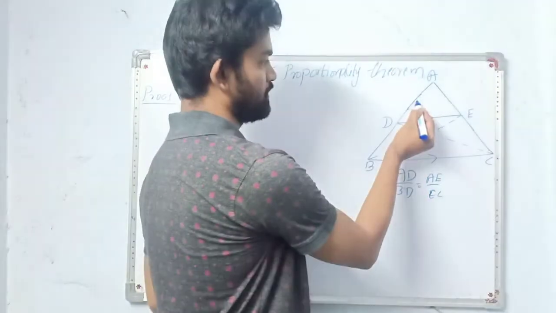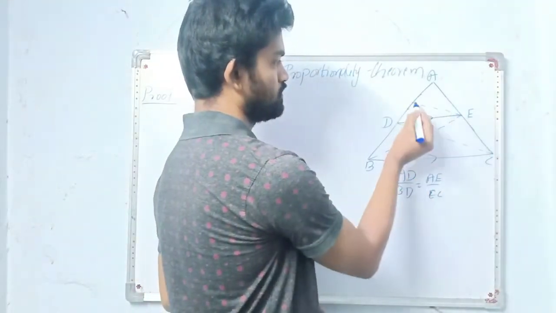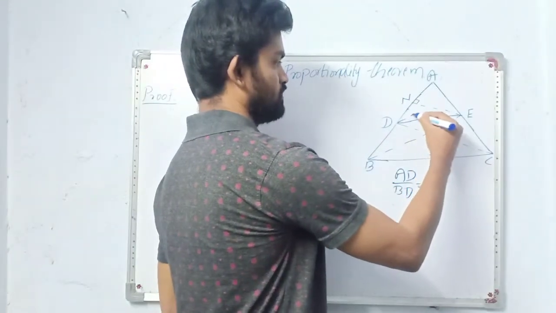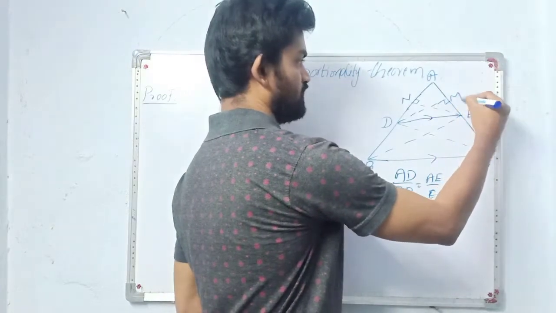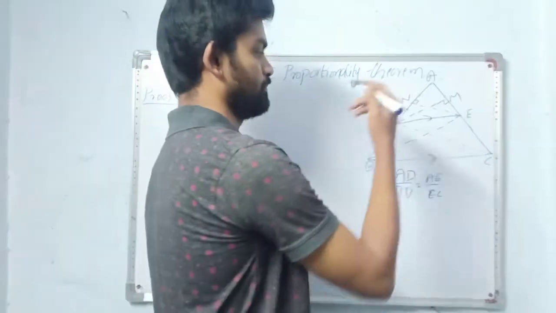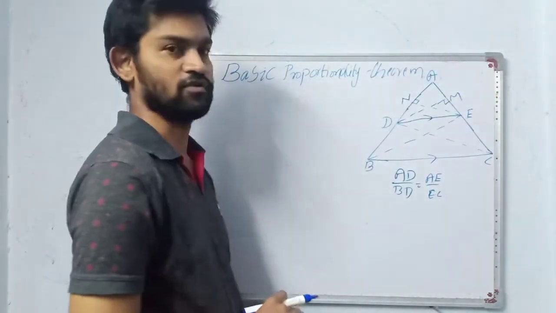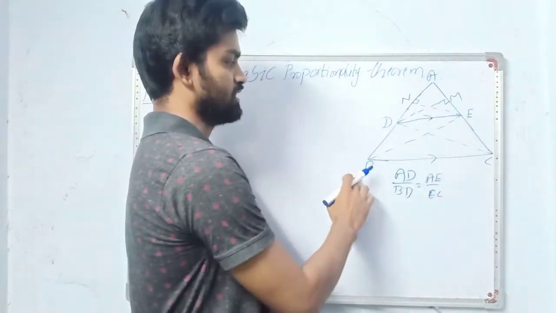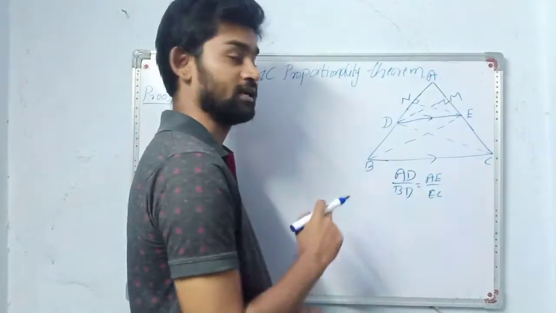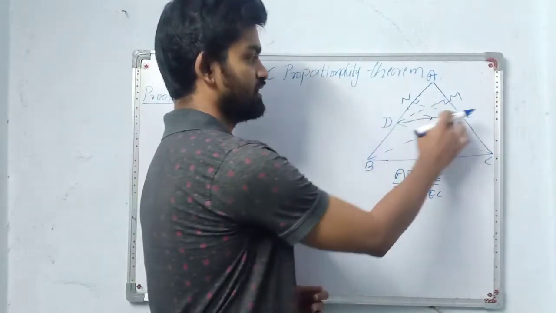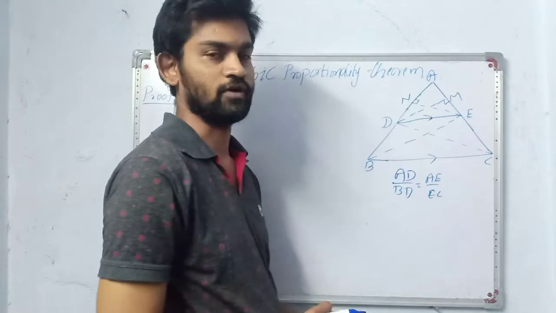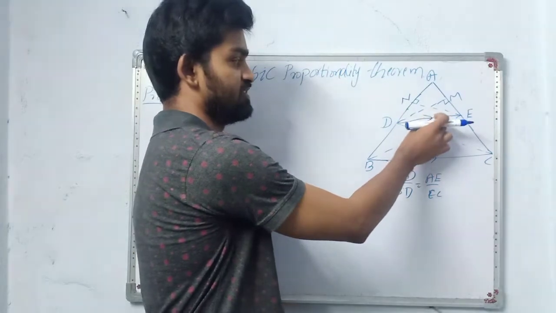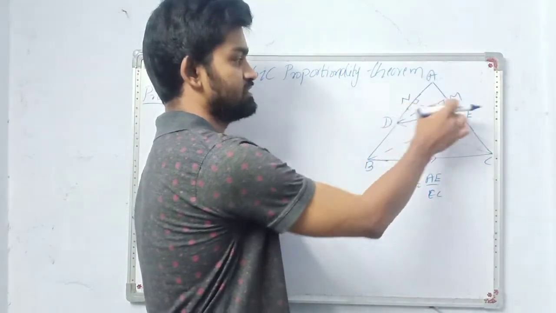Join. Draw two perpendiculars. Name it as N. Draw one more perpendicular. Name it as M. See here now, how many triangles are formed. Taking DE as base, triangle BDE is formed. Again taking DE as base, triangle DEC is formed. With the base DE, you have another triangle, that is ADE.